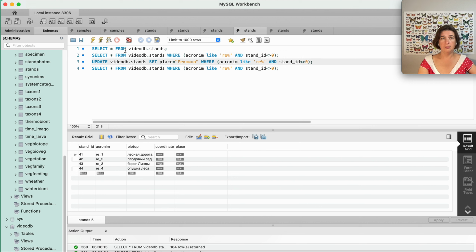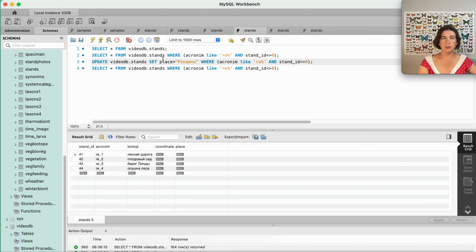Then it doesn't work if you just write only a necessary condition like this, acronym like RE. You need a condition that is always true, like this: stand ID not equal null, 0.